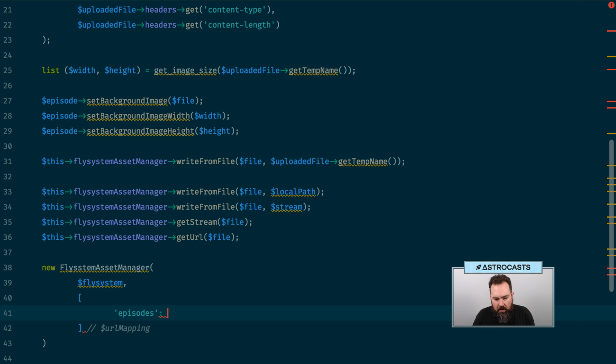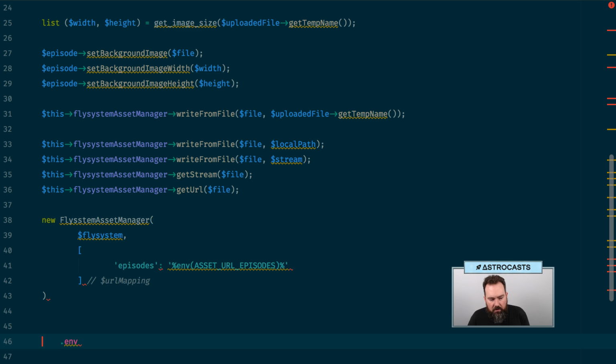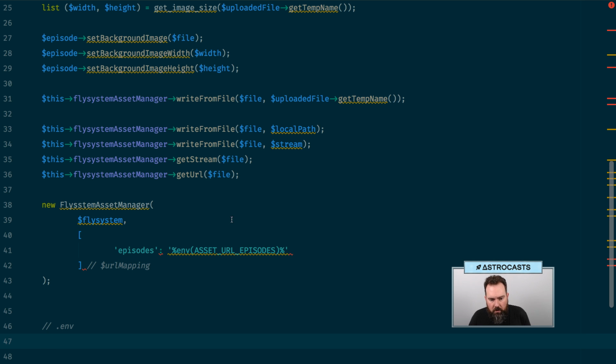So mapping, and then this will allow me to do, I think that's what it's going to be, and we'll do asset URL episodes. So that would be set in .env. And we'll do set URL episodes. Actually, we might not need to do that mapping. Well, we will, just in case we want to have multiple later. So this would be, in my local case, uploads dot that podcast dot test,